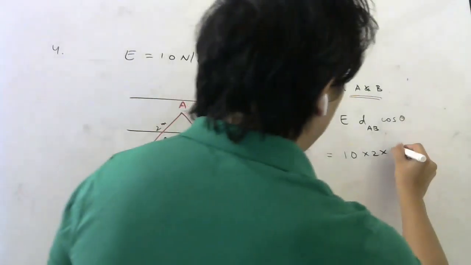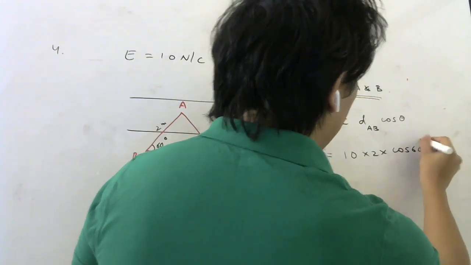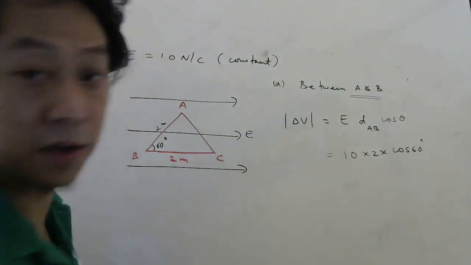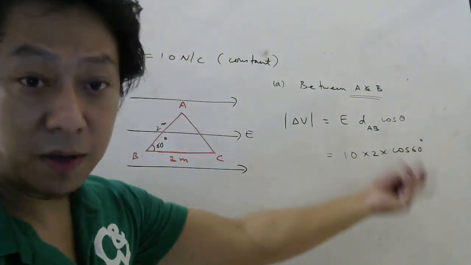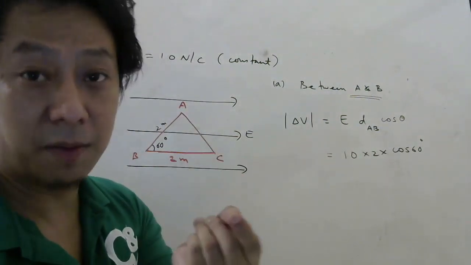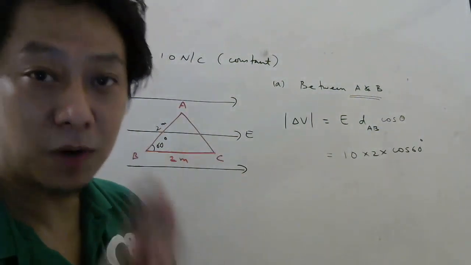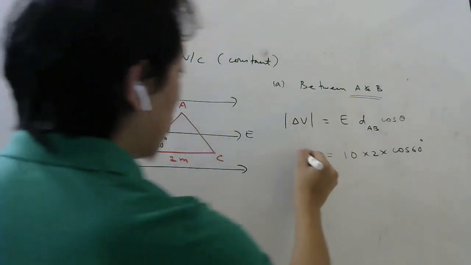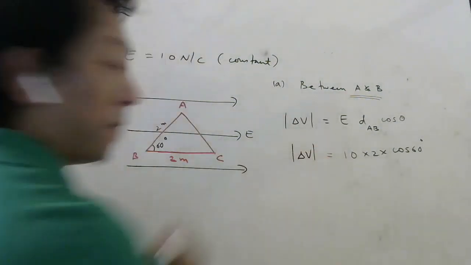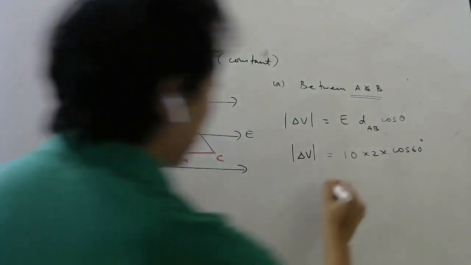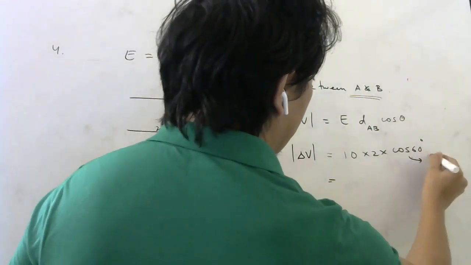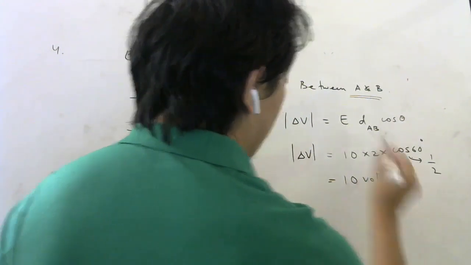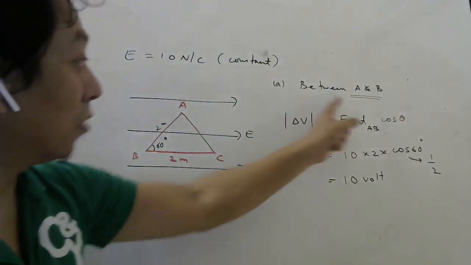So I have to write cos 60 degree. If you are thinking, no sir, it should be 120 degree, I don't care, I wrote modulus here. Cos 120 will have the same value as cos 60. One will be minus half, I know, cos 120 is minus half. But I am writing modulus, so why are you worried about that? Forget about the sign right now. So this is half, 2 and 2 will cancel. The answer is 10 volt.